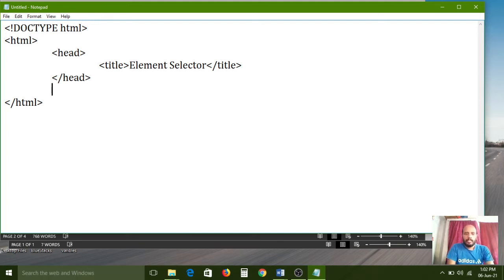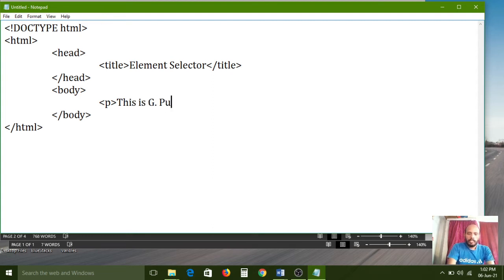And here I am using the body tag opening and the body tag closing. Paragraph: this is G Pullareddy degree and PG college.